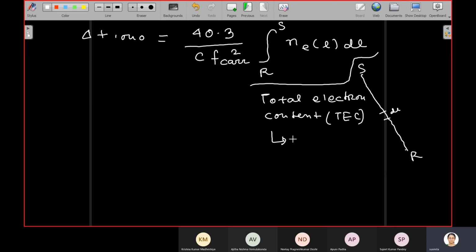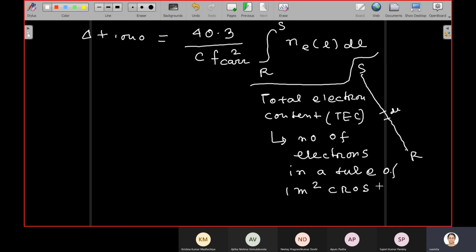This is the number of electrons in a tube of 1 meter square cross section. So you are actually integrating the density with respect to length. We will get the total number of electrons only if we consider the cross section of 1 meter square. So total electron content is the number of electrons in a tube of 1 meter square cross section